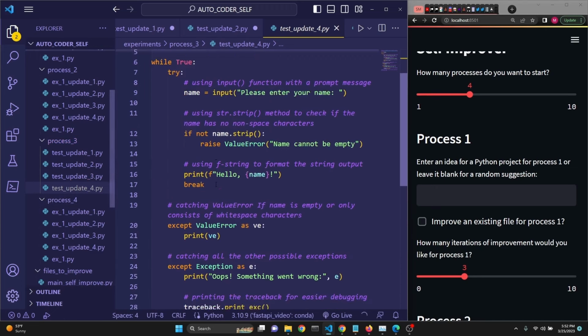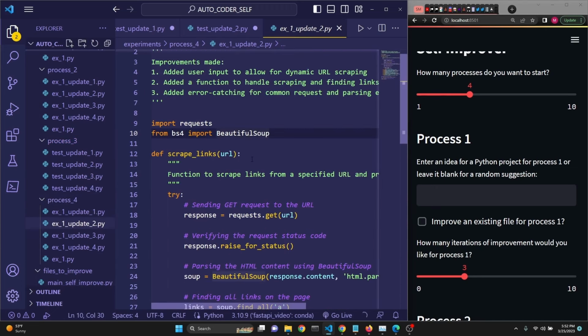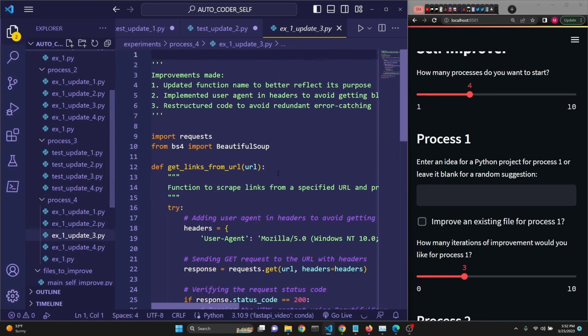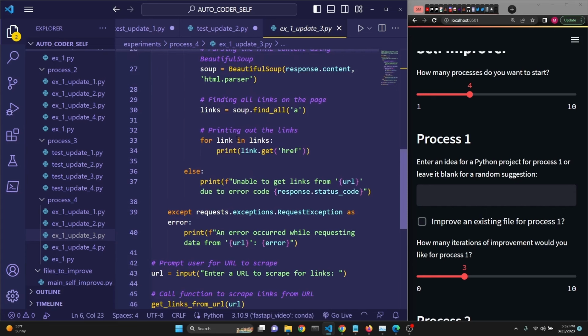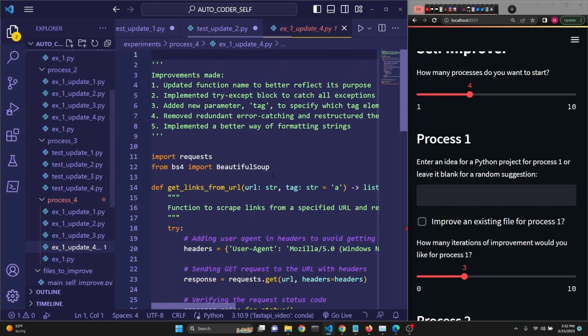Oh, sorry, I was looking at the wrong one. Anyway, right here. Beautiful soup. And the third one, updated function to better reflect its purpose. So this is lovely. And the fourth one, again, so what we can do is we can select the first